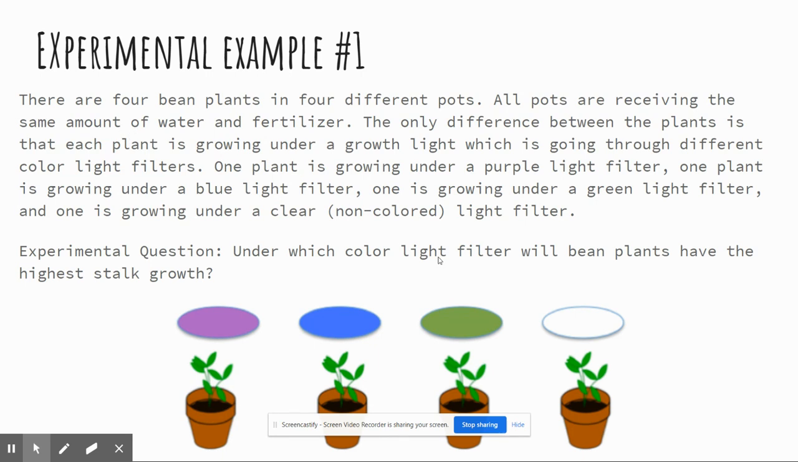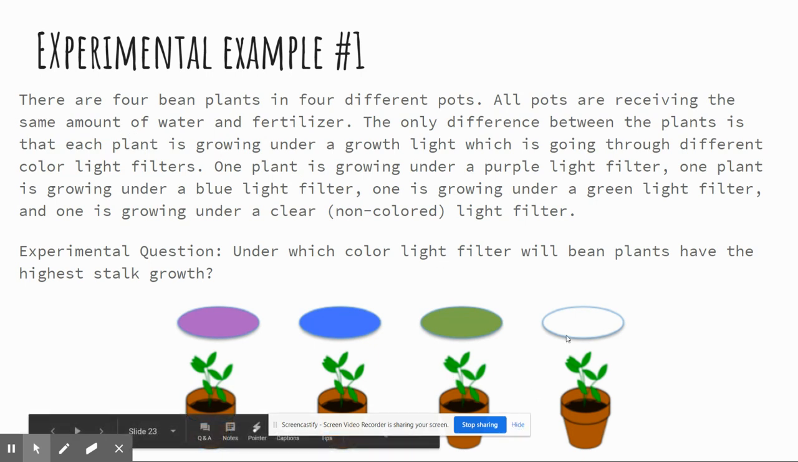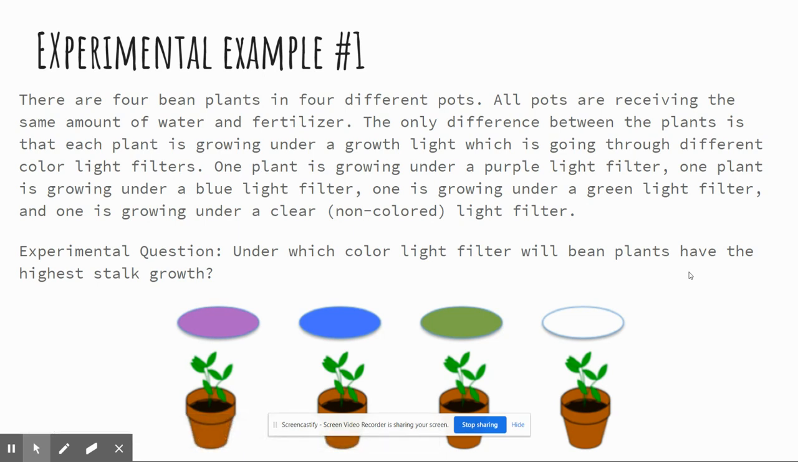It says experimental example number 1. There are 4 bean plants in 4 different pots. All pots are receiving the same amount of water and fertilizer. The only difference between the plants is that each plant is growing under a growth light, okay, so a light